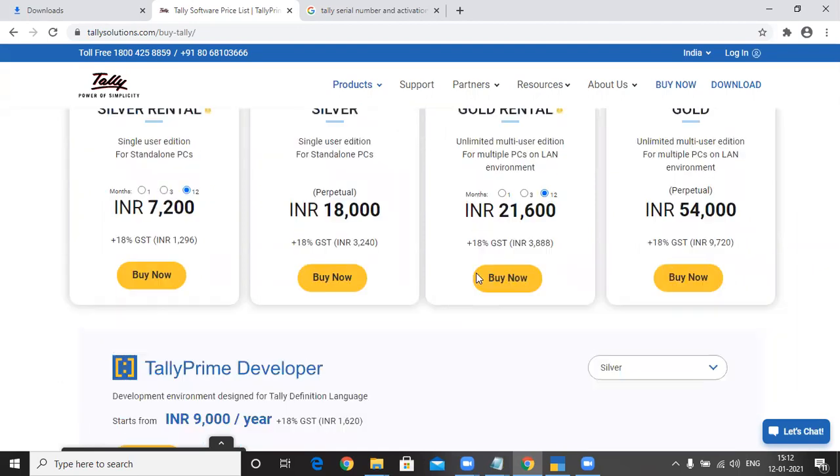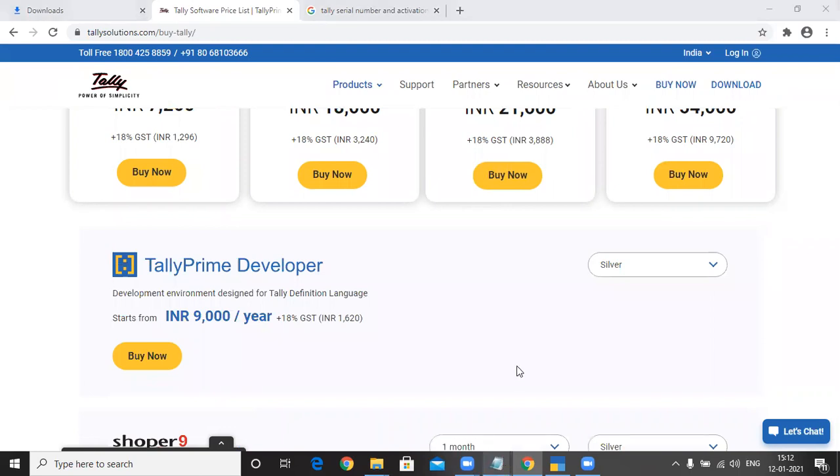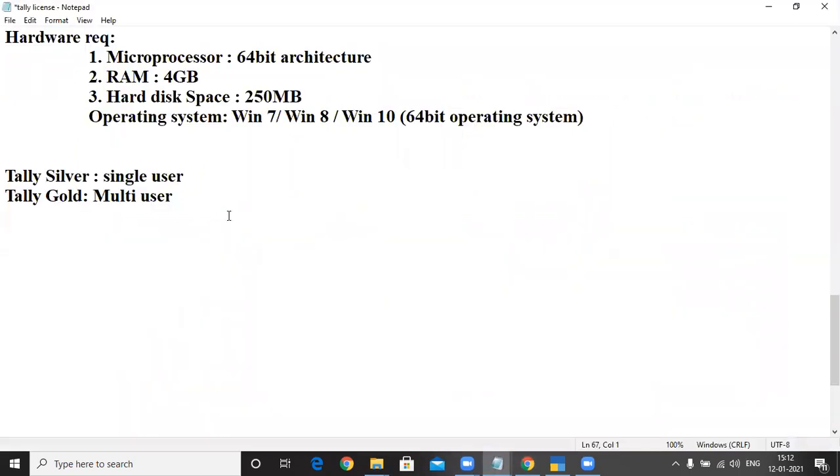Based on the number of users, it costs you. So Tally silver 18,000 plus GST. This side 64,000 plus GST. This is the license cost.